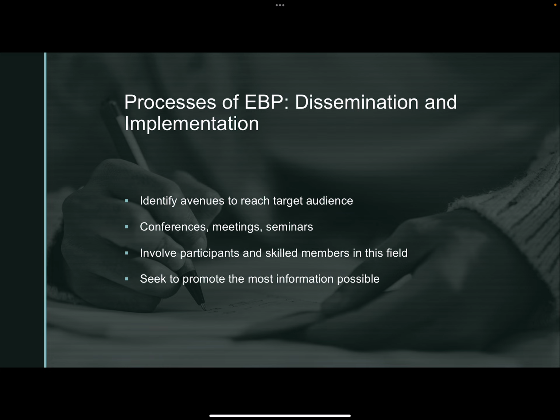So moving on into the nitty-gritty, just the processes of evidence-based practice. This is dissemination and implementation. So for dissemination, you really want to identify avenues to reach target audience. So this can be through a variety of things: conferences, meetings, seminars, anything else, groups, memos, and one thing that I did find out was having helpful signs, like they say outside